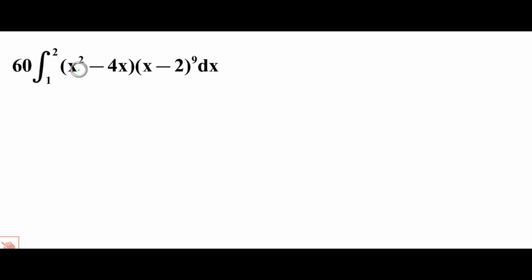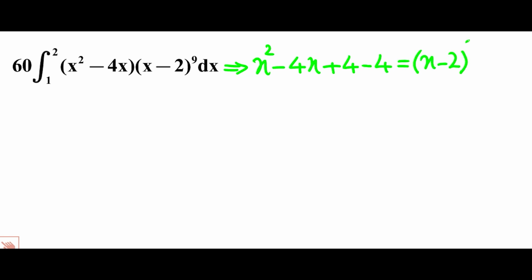Let us rewrite x squared minus 4x in a form involving x minus 2, because x squared minus 4x plus 4 minus 4 equals (x minus 2) squared minus 4, because x squared minus 4x plus 4 equals (x minus 2) squared, right? So we have